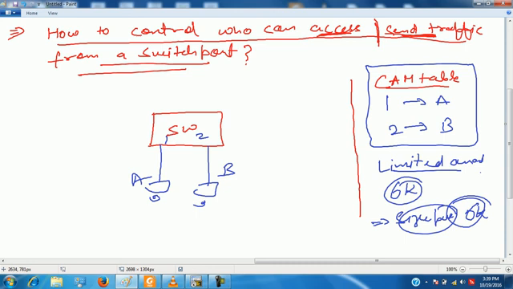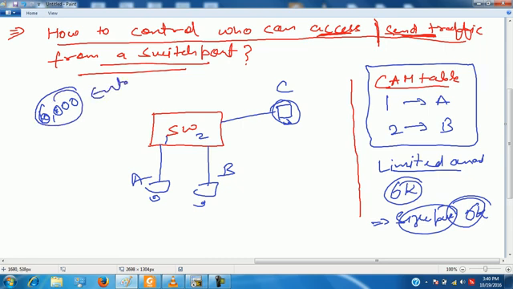How many entries it can have? 6,000. How many requests I have sent? 10,000. CAM table will be full. Now, let's say C is also connected to the switch. Agree? Fine. And switch is already having how many entries?